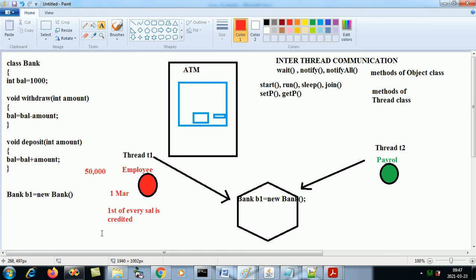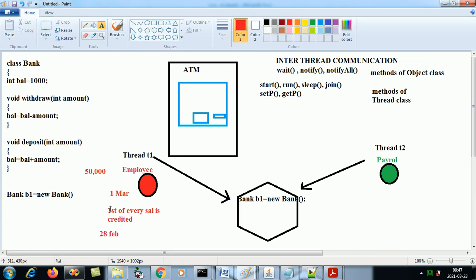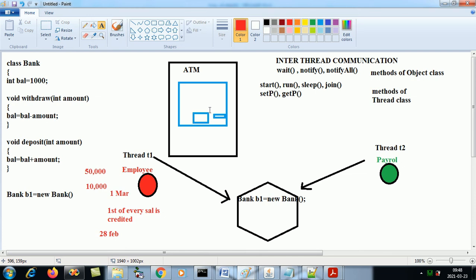The balance on 28th Feb was how much? 1000. Now this person waits for 28th Feb to get over, and on the 1st of March this person goes to the ATM to withdraw, let's say, 10,000 rupees. As he inserts the card and checks his balance, the balance shows 1000.